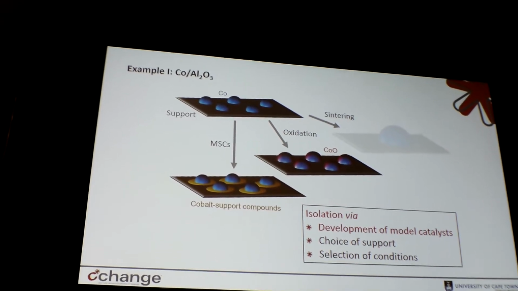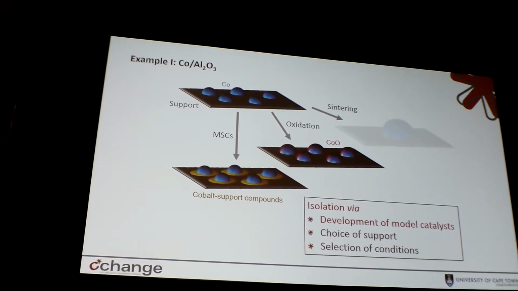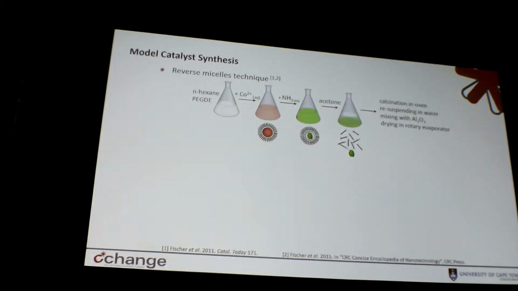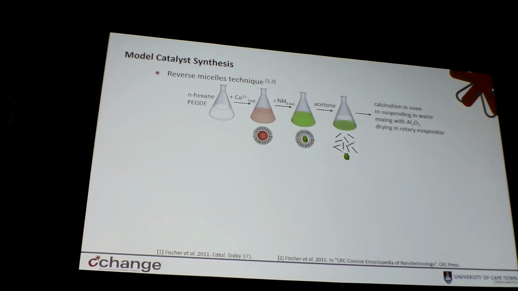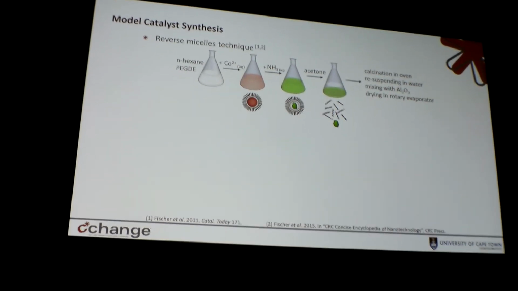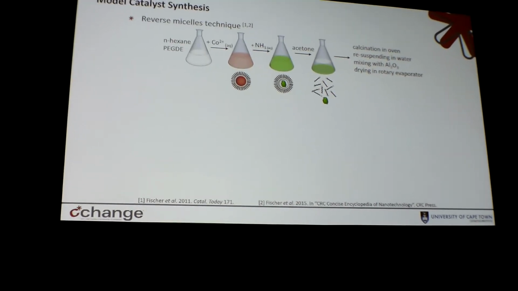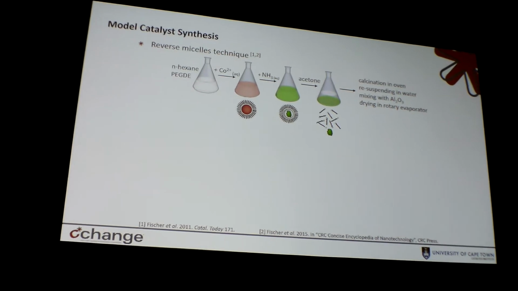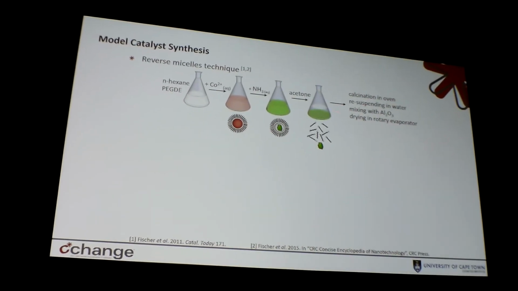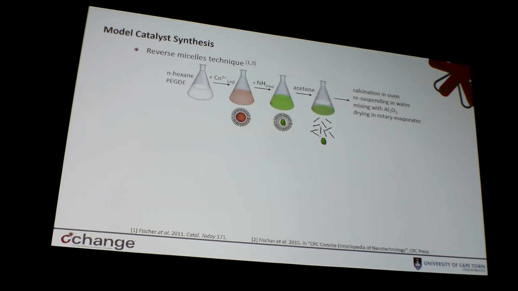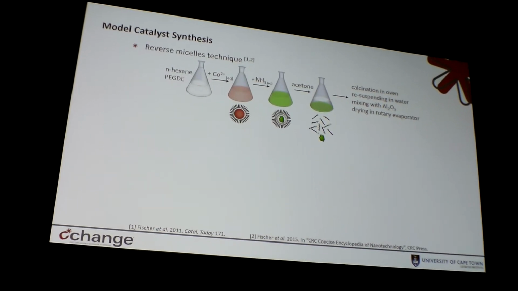We're starting with one which touches mostly on oxidation, but metal support interaction or the formation of metal support compounds may have occurred as well. Here we're using a reverse micelle method in order to make model catalysts, cobalt oxide particles of different size. There's basically a precipitation here, and you can manipulate the size by dialing the water to surfactant ratio. You calcine the material after some washing, and you resuspend it in water and mix it with an aluminum support, and you're getting a